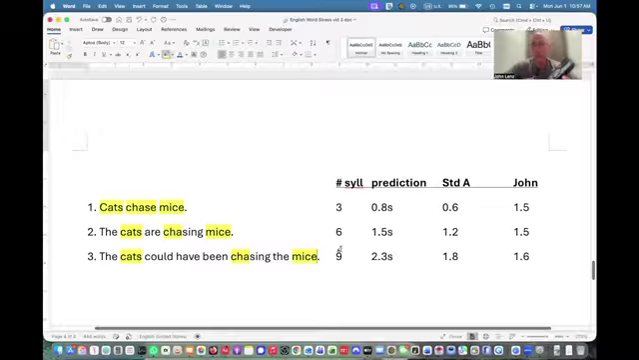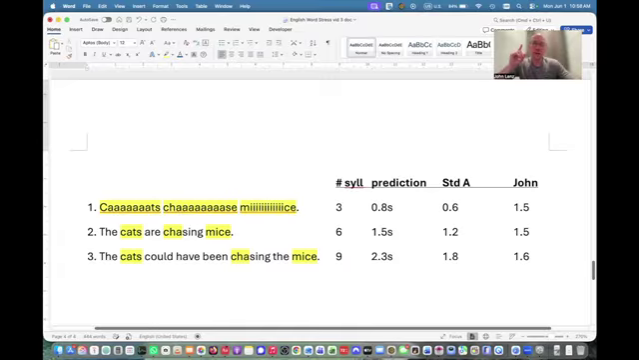Okay, now we're going to move on to the third sentence. Let's see what happens there. The cats could have been chasing the mice. Cats chase mice. The cats are chasing mice. The cats could have been chasing the mice. Okay, hopefully that dramatic demonstration showed you that we do take the same amount of time for each of these